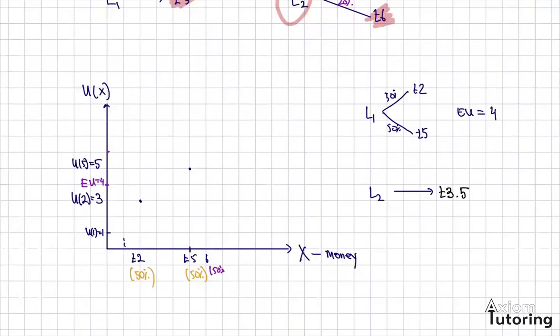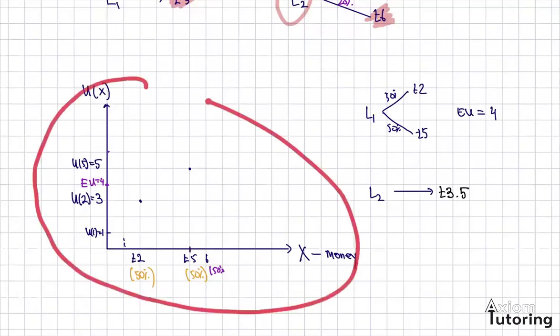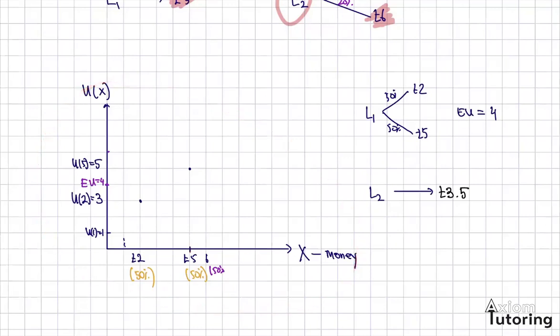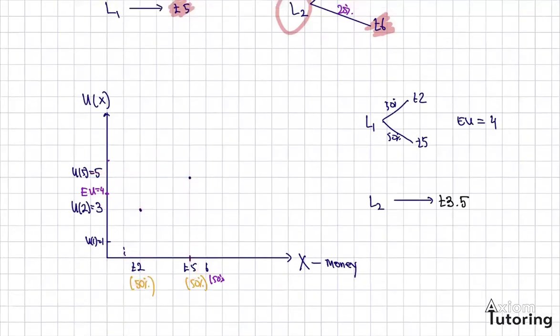pounds. Now, the problem is, I have not told you the full utility function of this individual. I just said when they get £2, they get utility of 3. When they get £5, they get utility of 5. So if I ask you what utility they will get when you give them £3.5, your answer should be, I don't know. I don't know what utility they will get. Okay. Well,